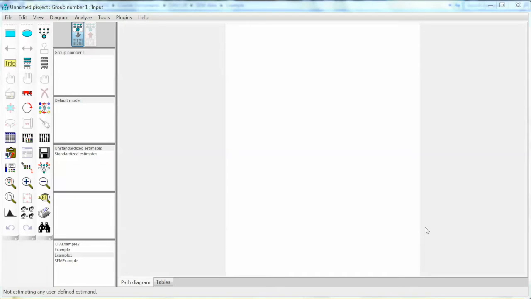Hi everyone, in this video we will discuss how to use AMOS Graphics to draw a path diagram. Before doing so, I suggest reading chapters 1 and 2 in the textbook by Byrne 2010 to gain basic understanding